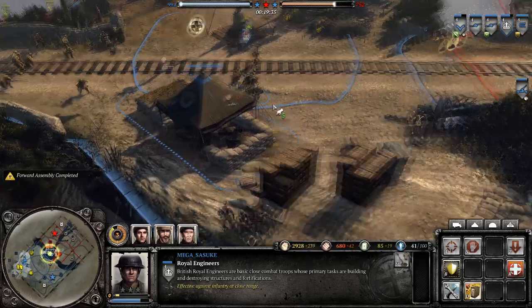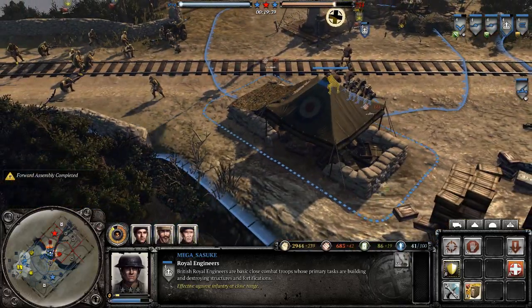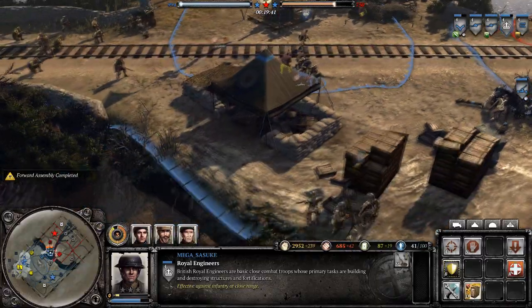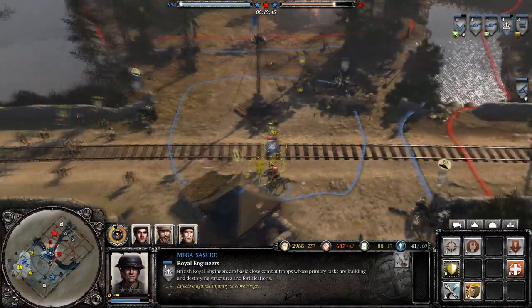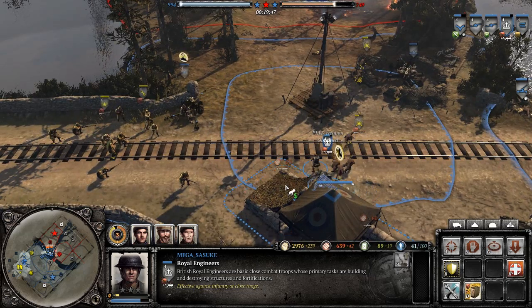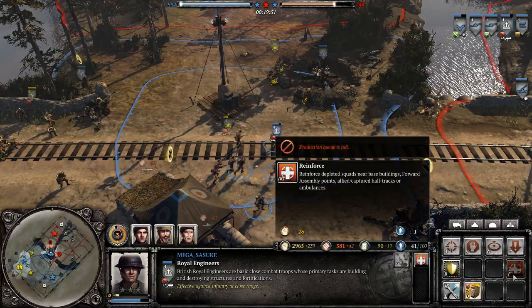So now that we've got this engineer building this, it unlocks the weapon racks up here. So we've got weapon racks here now on the forward point. Instead of having to go all the way back here, it's all here now. So what we can do is we can grab a Piat. We can grab one Bren gun. I usually like doing this in early game because it allows me to get a